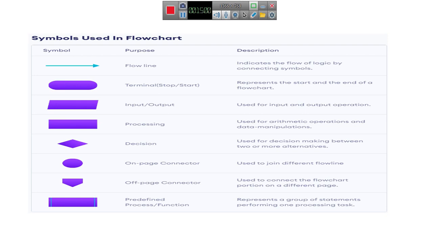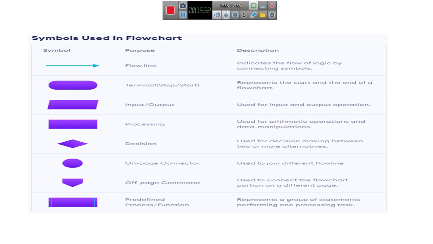An algorithm always begins with start and ends with end. So for the first step use the start symbol, and for the end step use the end symbol.